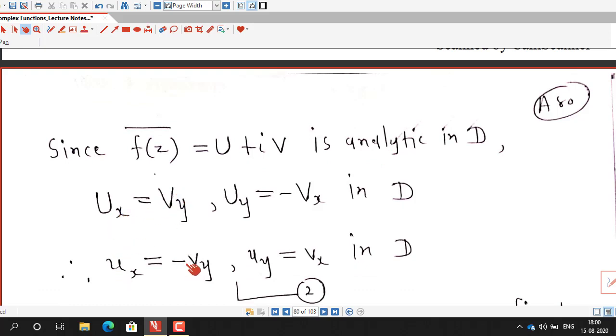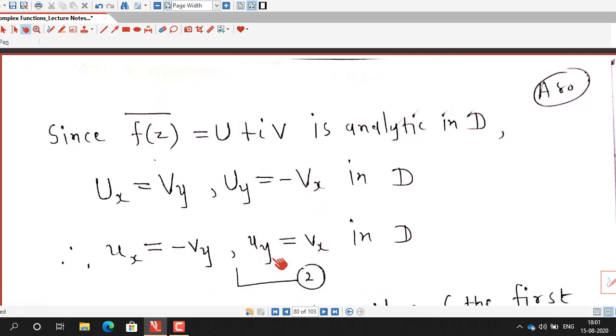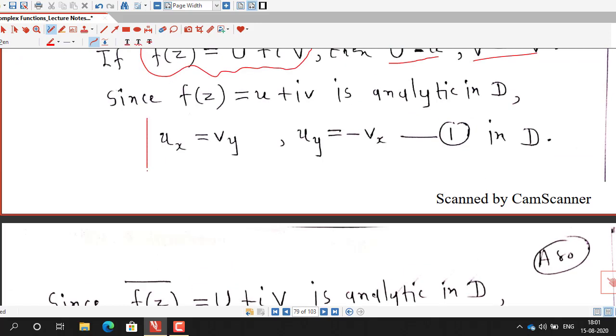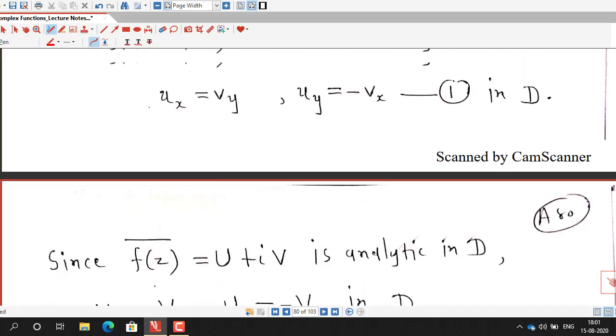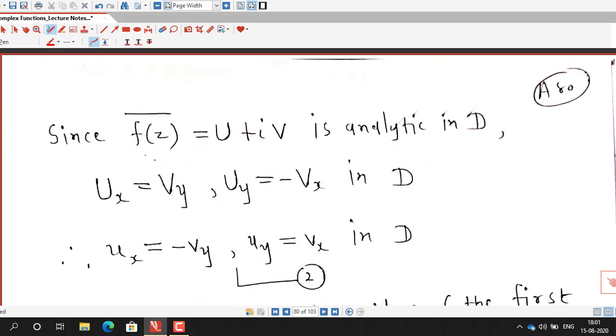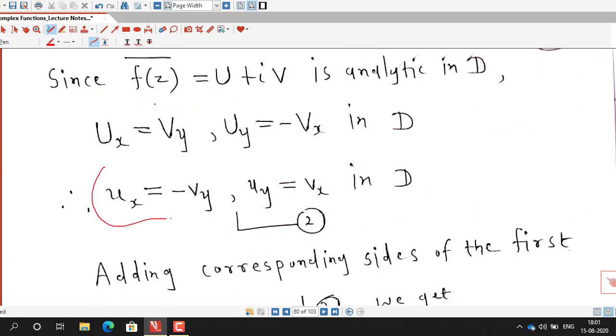So here we have minus Vy. Again capital U is small u and capital V is minus v. So this will be positive. Okay, now we use equation 1 and 2. We use these two and this one. So if you concentrate on first equations of 1 and 2,